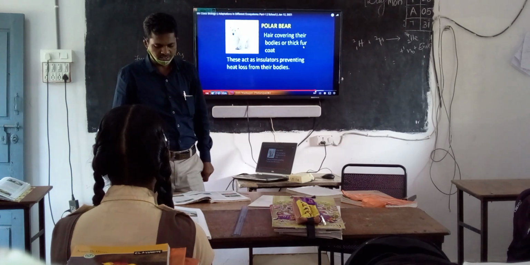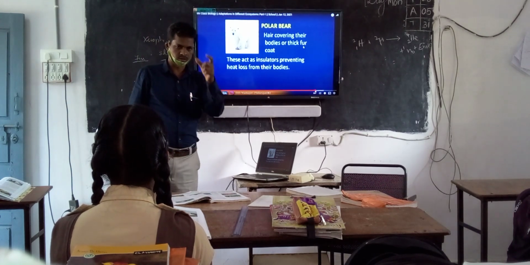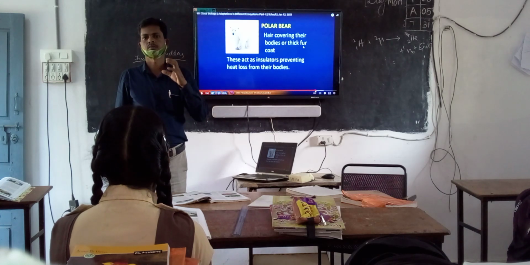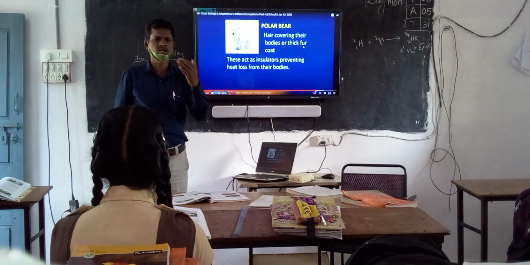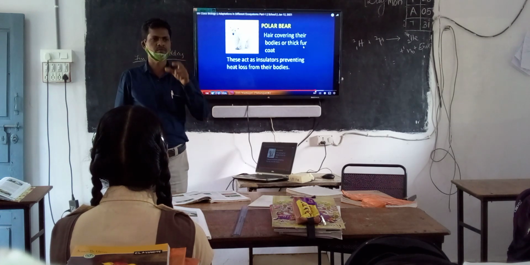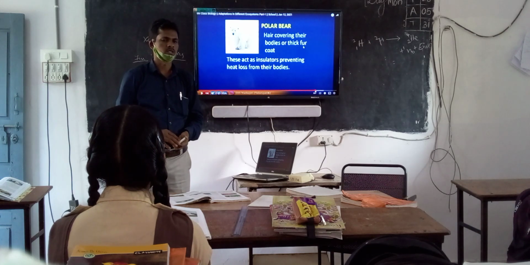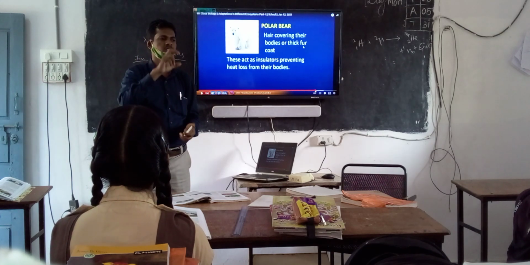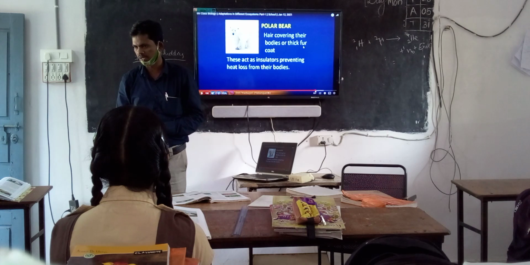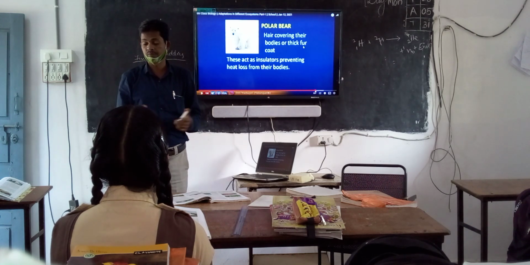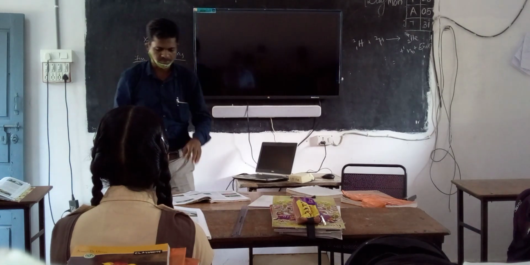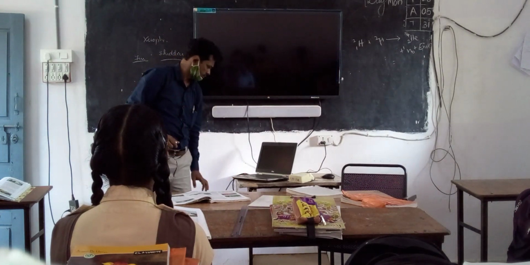Such adaptations can be seen in whales, seals and polar bears. This is how they get protection in the polar area, how they are protected from cold. This type of adaptation is the same: this part works as an insulation. Next, the fat stored in the body also works as an insulator, and not only an insulator but also gives energy to the body if you don't have food for 1 or 2 days. So this is the important adaptation we are recommending here.